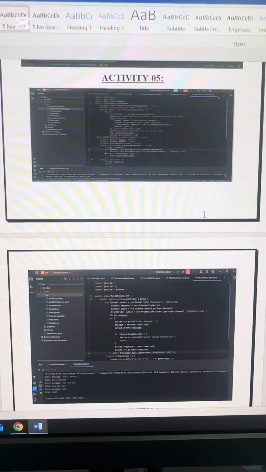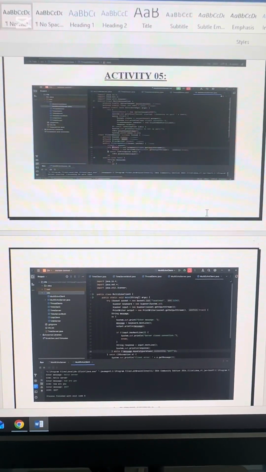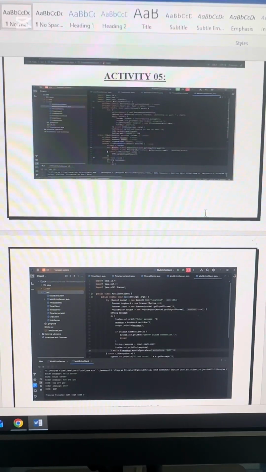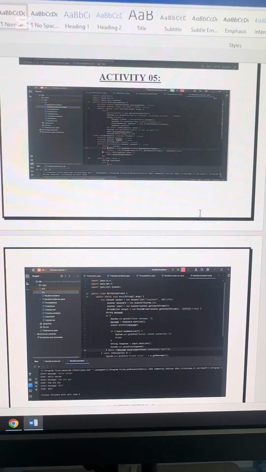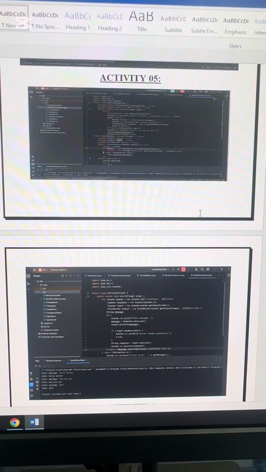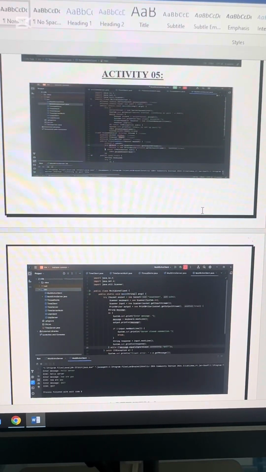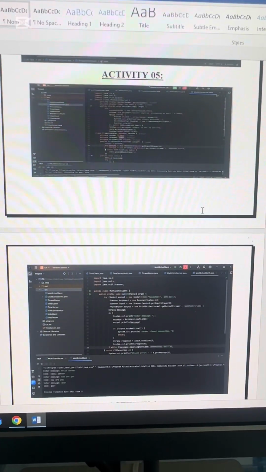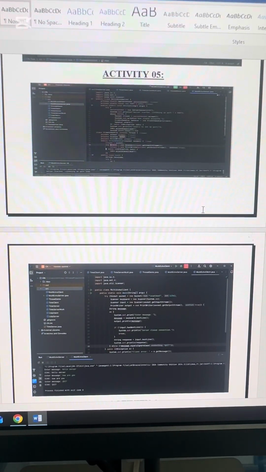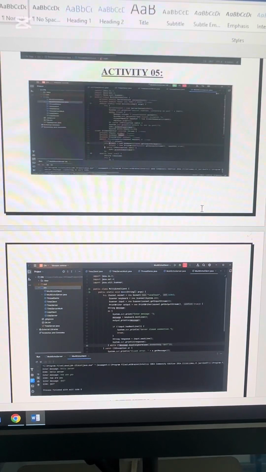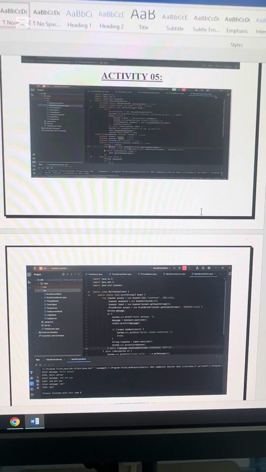Activities 5 and 6 combine TCP networking with multi-threading to create a multi-echo server. The multi-echo server listens on port 1234. When a client connects, it spawns a new client handler thread. This handler echoes back every message the client sends. The client and server communication continues until the client sends "quit", at which point the connection is closed.